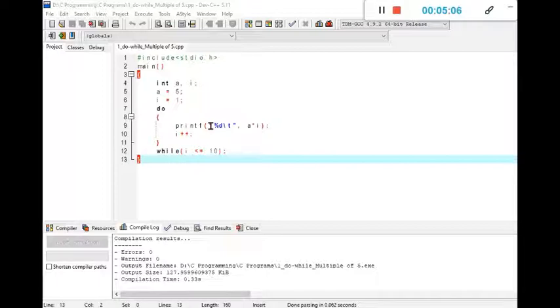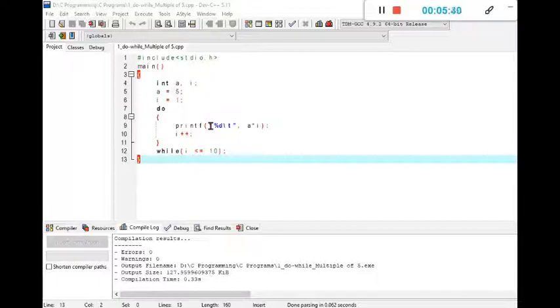Now in the print statement it will be 5 into 3, 15. After displaying 15, it will increase the value of I to 4. So again the I value will be checked whether 4 is less than or equal to 10. That condition is also not satisfied because I is less than but not equal to 10. So in this way it will keep increasing the value up to 10. That is, the I value will be 1 2 3 4 5 6 7 8 9 and 10.